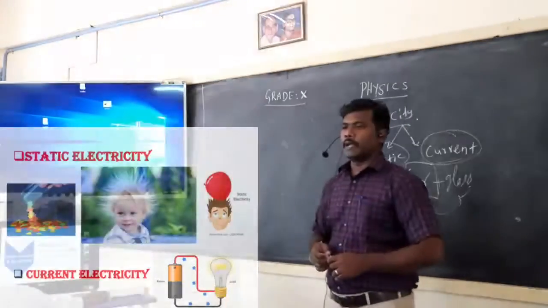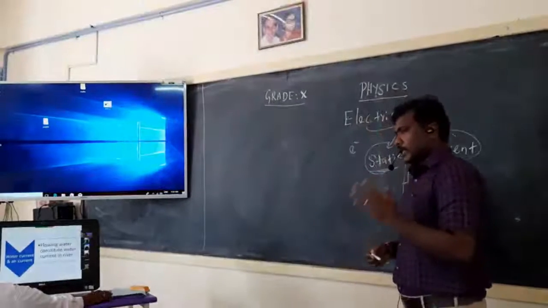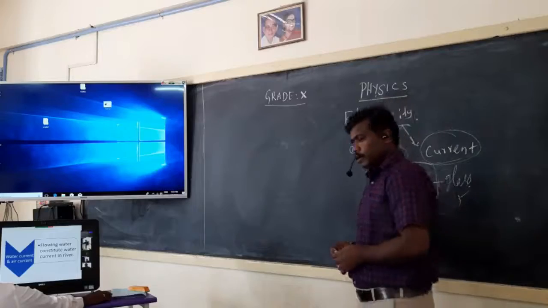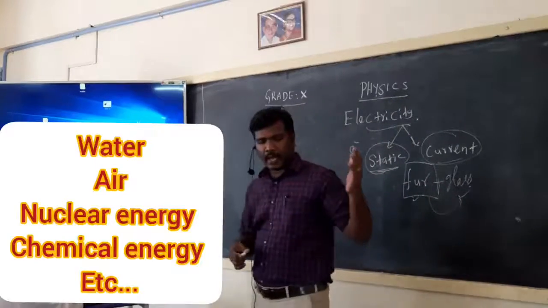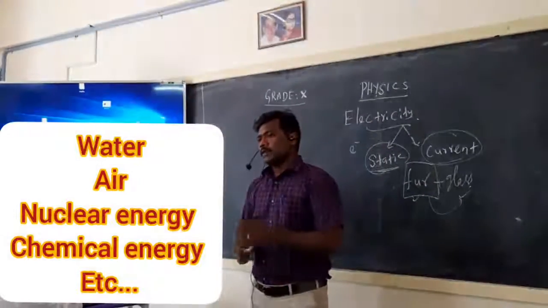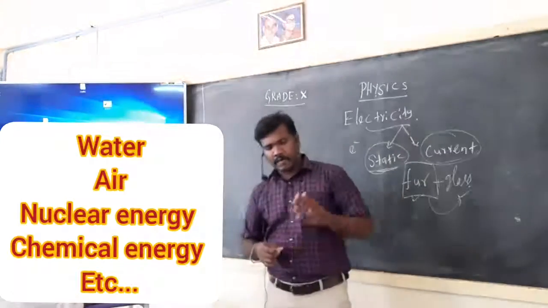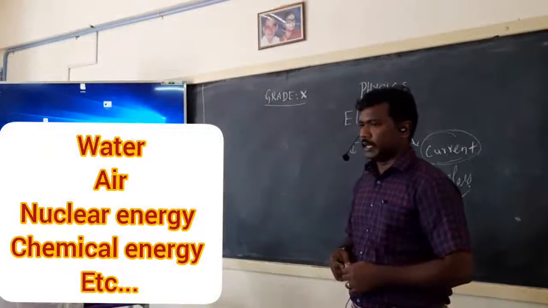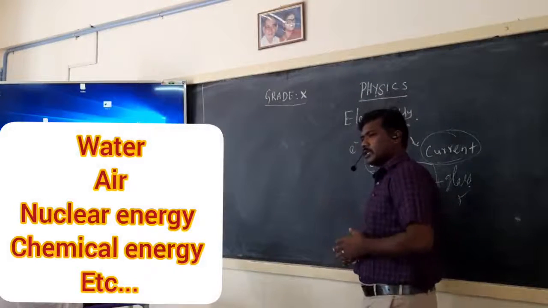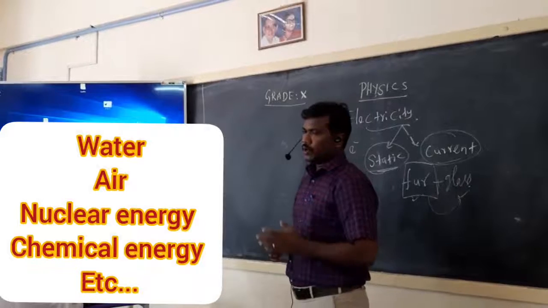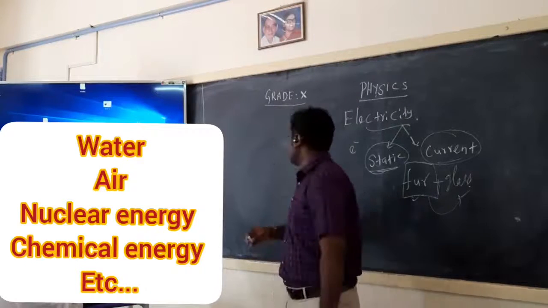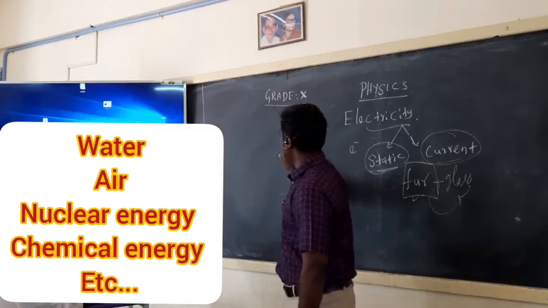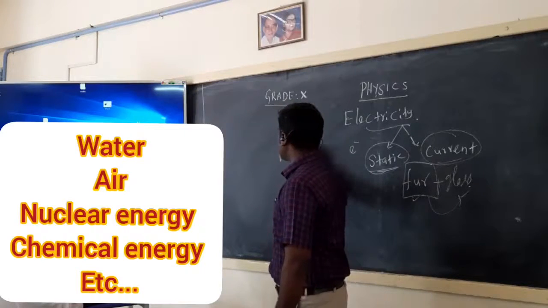Right. The next topic we are going to study is the sources of electricity. Okay, we are getting the electricity from the electricity board. But which one is the source? Already we studied a lot of sources in lower classes. Electricity can be produced, especially from the main sources of water and air. So in your textbook they are telling about two currents. One is air current and another one is water current.